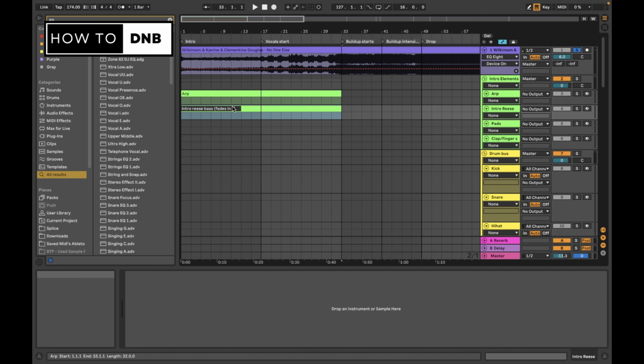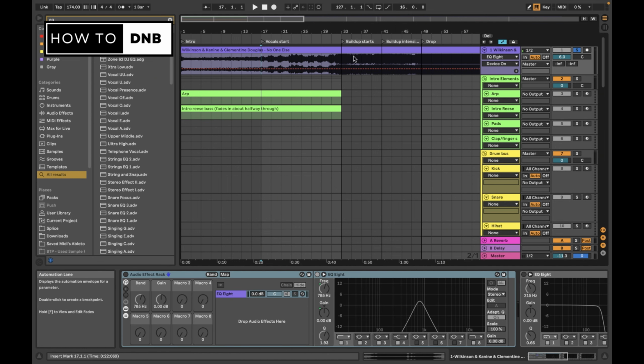Fades in about halfway through. It'll be there, but what'll just happen is it'll probably be filtered out, maybe even with some reverb on it or something like that. And it just comes through kind of, you know, somewhere here. And yeah, you can hear that it's just playing some very basic low end notes like do, do, do, do, or something like that. Cool.